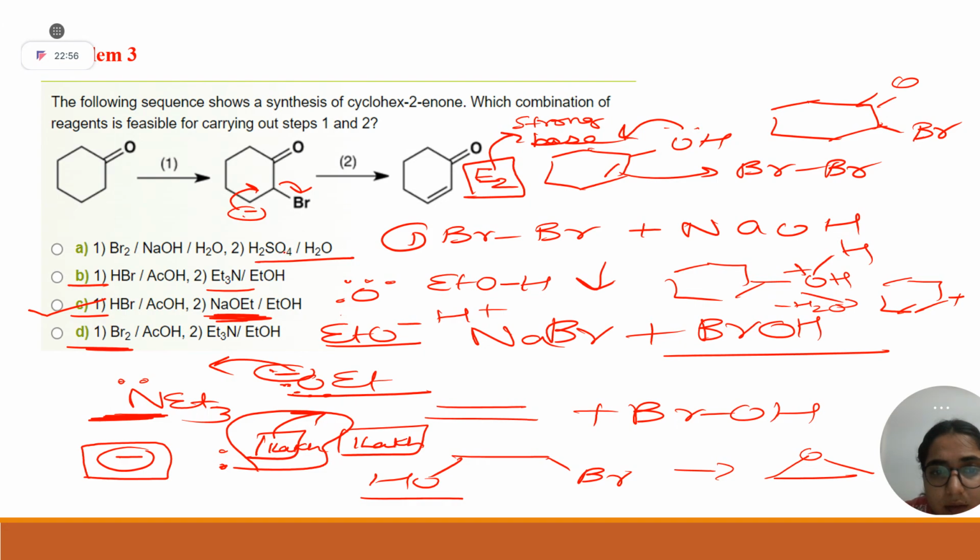Ma'am, actually, what I was saying is how to convert this cyclohexanol to 2-bromocyclohexanol. How are HBr and HCOH required here? Can you please explain that mechanism? Okay, that can be explained now. Let me rub this part.